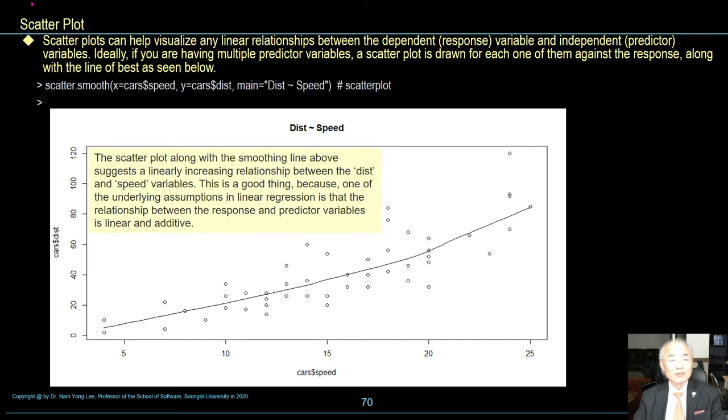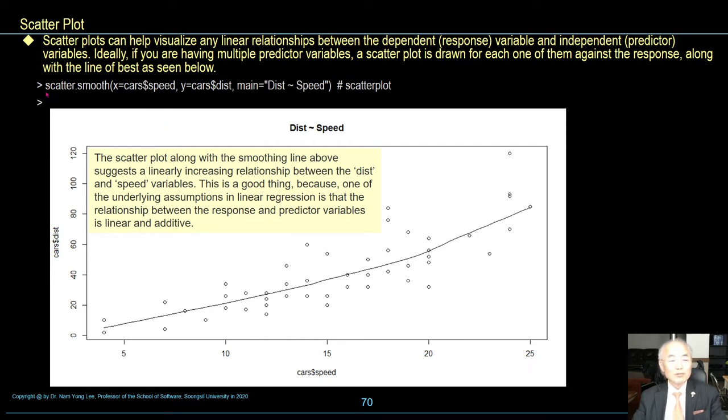Scatter plot. Scatter plot can help visualize any linear relationship between dependent variable and independent variables. Ideally, if you are having multiple predictor variables, a scatter plot is drawn for each one of them against the response dependent variable along with the line of best fit as seen below.